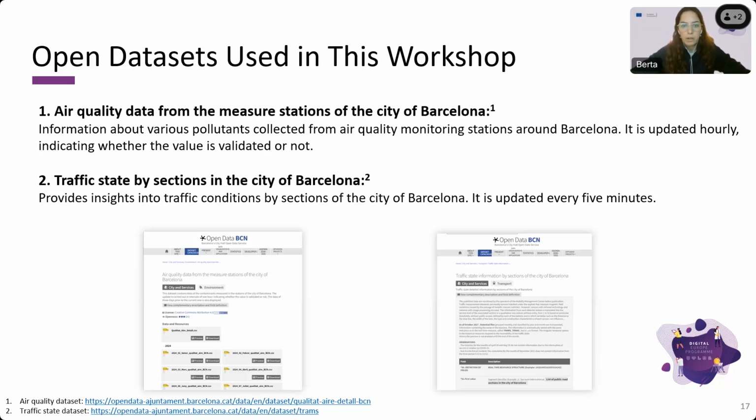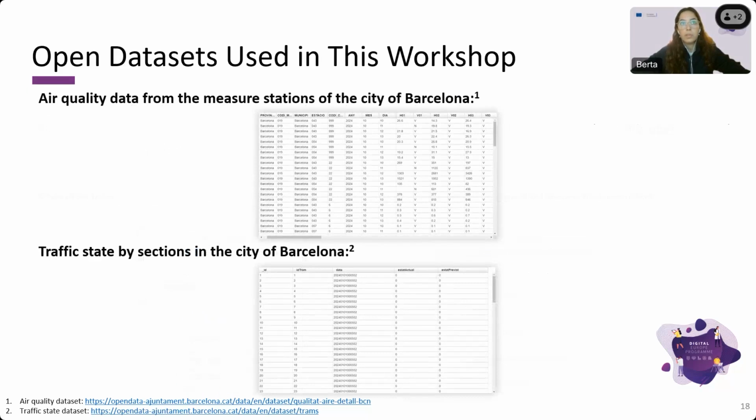By combining these two datasets, we'll demonstrate how public administrations can gain critical insights, show patterns, and correlate the air quality levels with peak traffic times. We can make more informed decisions with those insights, create better regulations, or enhance and optimize public transportation. So this is what those two datasets look like.